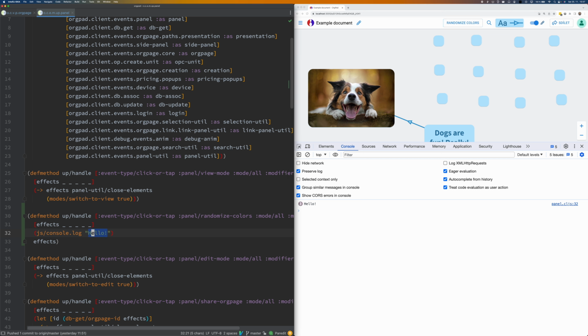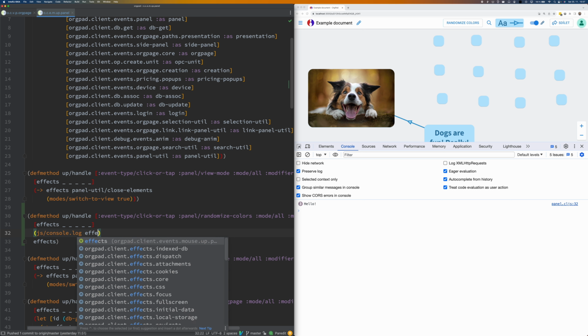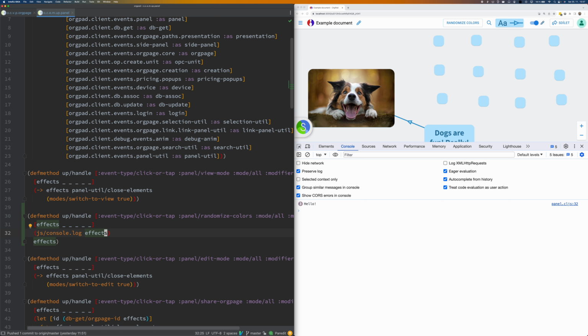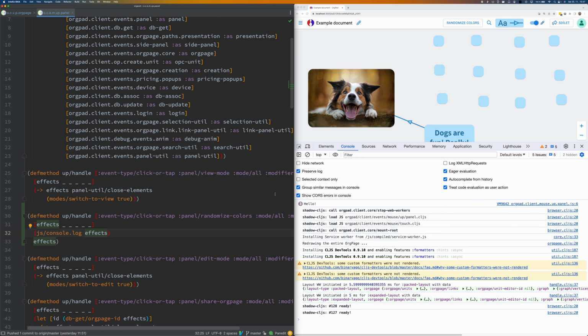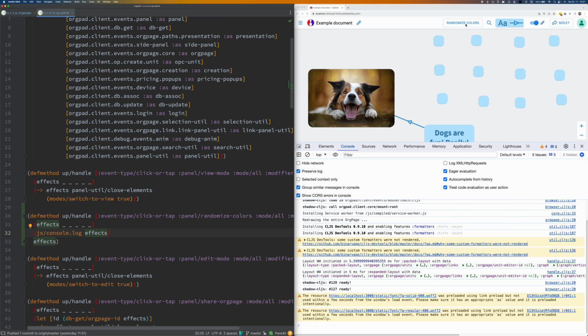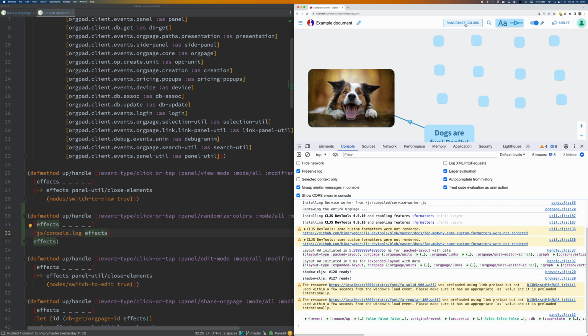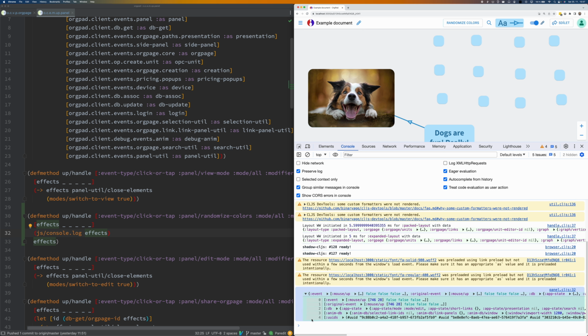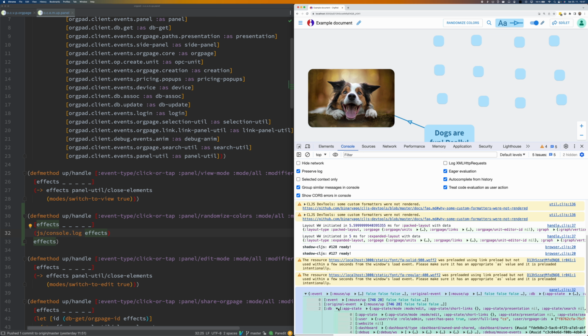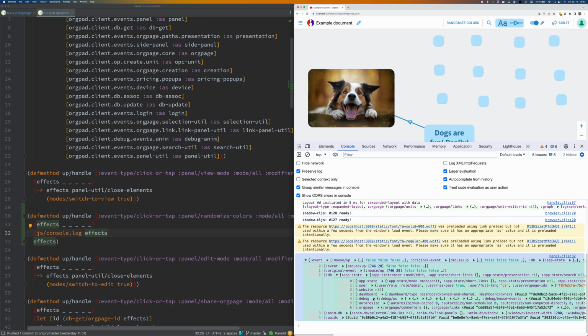So this is a function which takes the state of the entire application as input and outputs a modified state called effects here. I can print it out. We use this DevTools formatter, so I can navigate inside this structure. I see what was the event and what is the state of DB and so on and so on. So I can play like this.